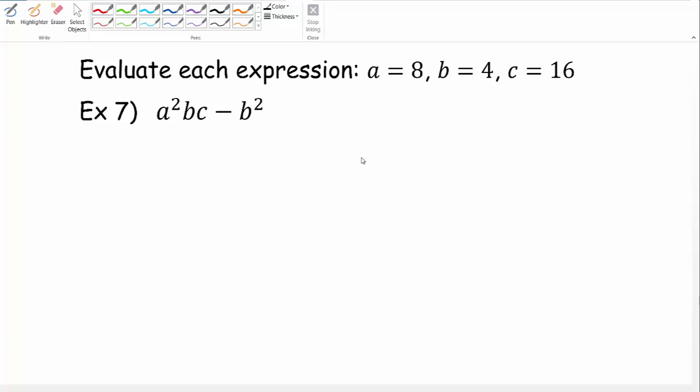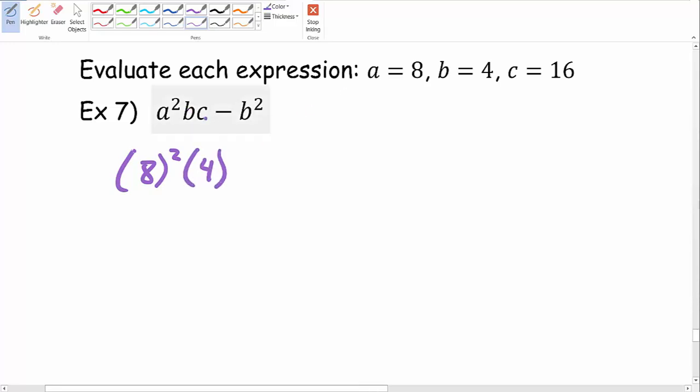Here we are at example 7 from our 0.1 number 2 set of notes. We're asked to evaluate each expression where we know that A is 8, B is 4, and C is 16. So we're going to go ahead and just substitute these items in and see what we end up with. With our A, we know that is 8, that's being squared, times our B, which is 4, times our C, which is 16,